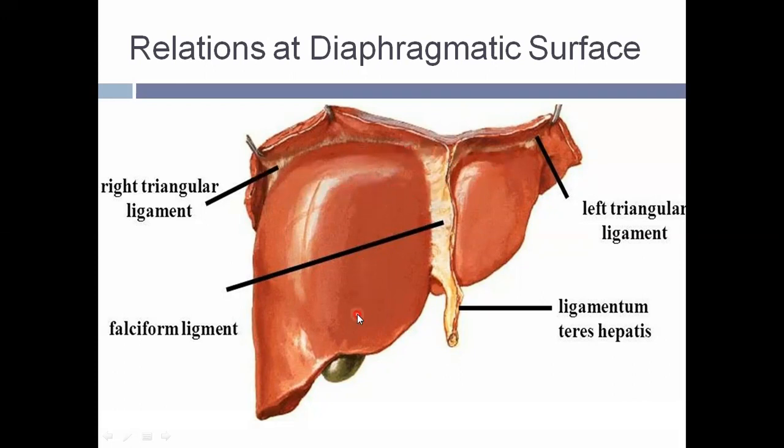Next, moving on to the anterior surface of the liver. The anterior surface of the liver is related to the xiphoid process and the anterior abdominal wall. Nothing much more than that over here. Then the right lateral surface. This right lateral surface is completely covered by the diaphragm to its whole